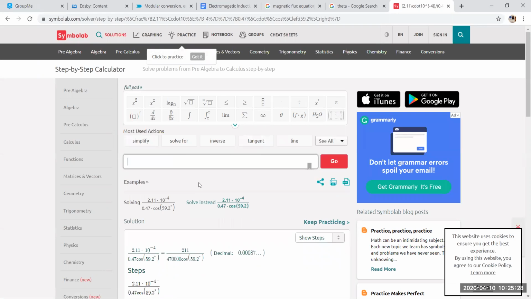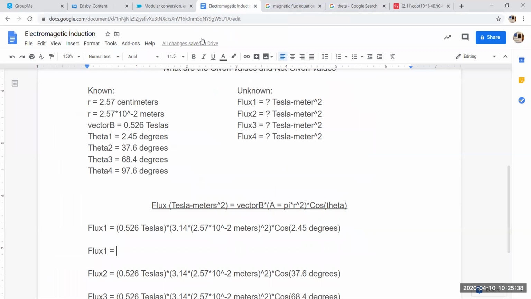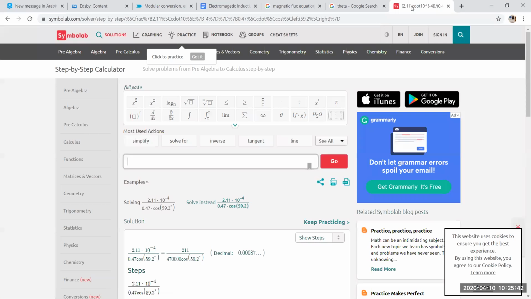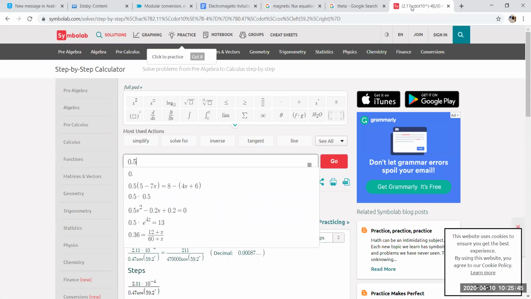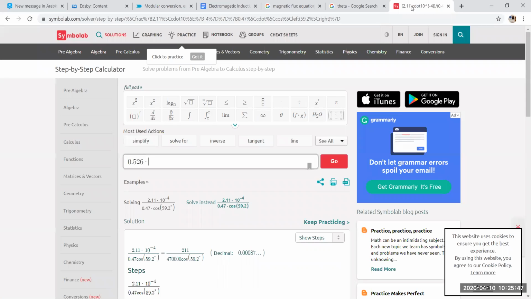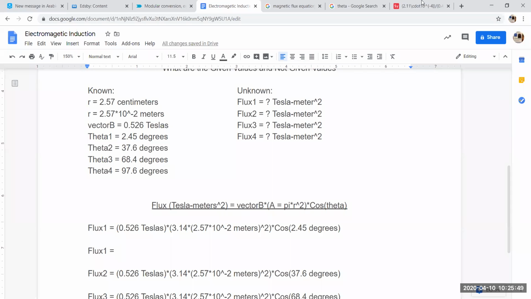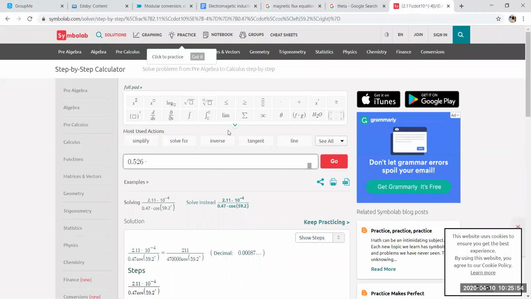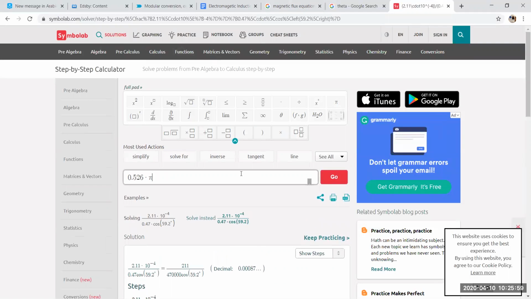And this is a calculation from prior. We're typing in our B field, or vector B. Let's go back to this real quick so you can see it. So that'll be, for our first calculation, 0.526 multiplied by 3.14, that's our pi. And here, I think you can use pi, and it's in the corner right there. It's a good approximation of 3.14 multiplied by,